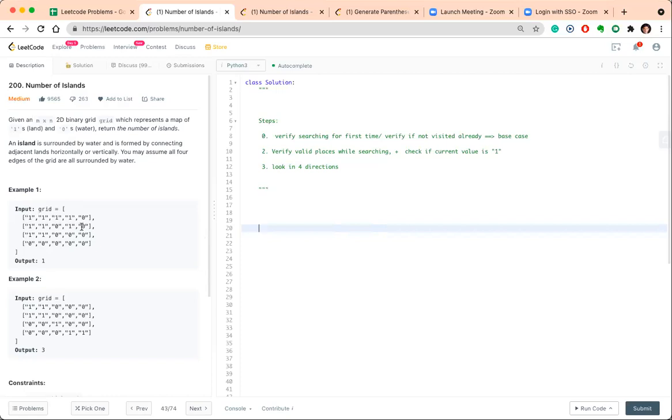You might have seen this: we are initiating a search at the first one that we find. Once we hit the first one, you must have heard we can sink that place because we have already counted it. So let's say we sink this one, we make it 0. We sink this one, make it 0, and keep going. Come back, sink this one, make it 0.